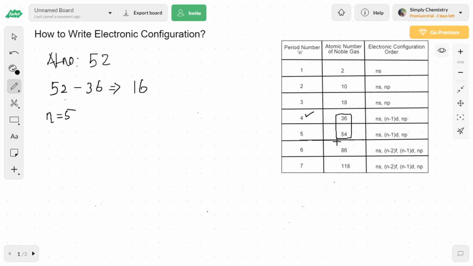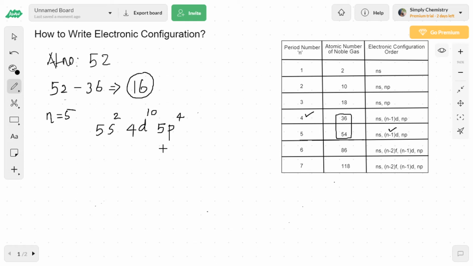If n equals 5, it will follow this order. So I am substituting the value of n, so it will be 5s, 4d, 5p. This is the order, and now we are going to fill the electrons that we calculated in step 2. So this is going to be 2. D can hold a maximum of 10, and the rest of the electrons will be in the P, that is 4.